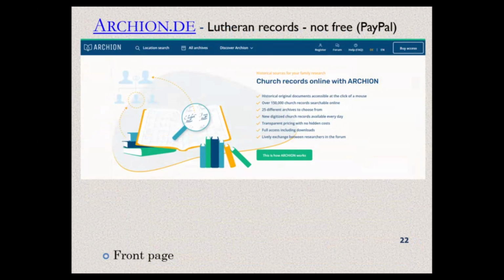Think of that. It is not for Catholic records, although people already asked if those could also be added. Some might already be added for some places, but primarily it started focusing on Lutheran records, like Evangelische Kirche, which means evangelical church, like Lutheran or Protestant or Reformed churches. And so you can just type archion.de. DE stands for Deutschland.